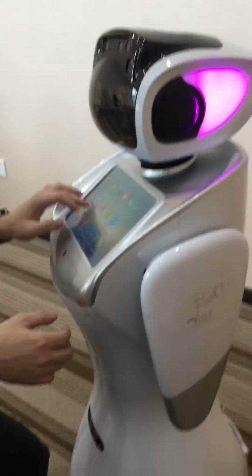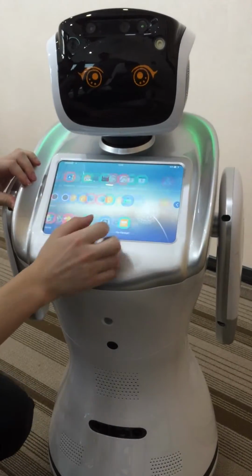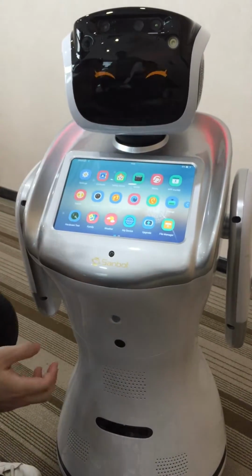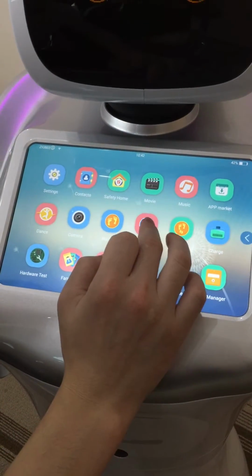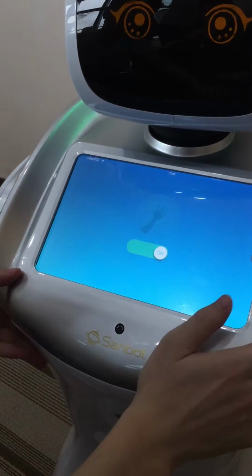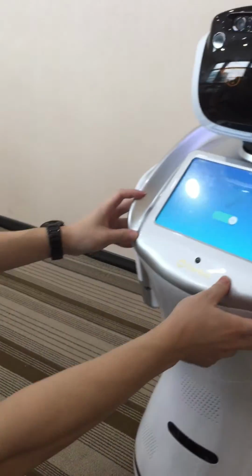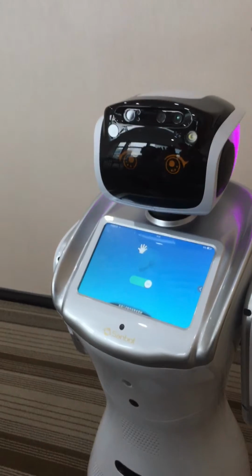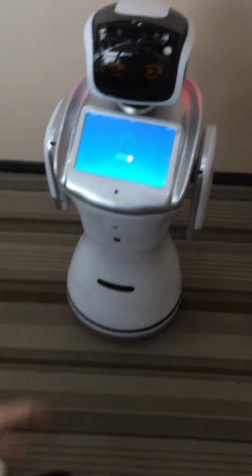So here I'm going to show you some basic function of the robot. So for example, the gesture control, which takes advantage of the 3D camera module. So it will allow the user to take control of the robot by using their hand. Okay. As you can see,